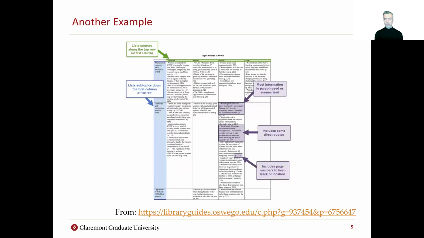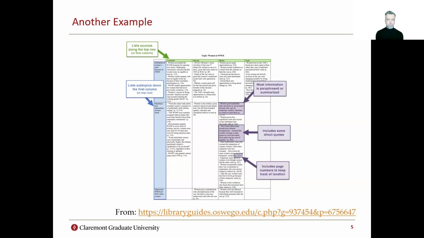Here's another example of a source matrix, and you can see here an example of it being done slightly differently. And really, this one is chosen for our presentation here today because they did take more notes. So I wanted to give kind of an example of what it might look like if you wanted to go a little heavier on the notes in each column. In this case, they've decided to put the themes on the far left instead of at the top, and make